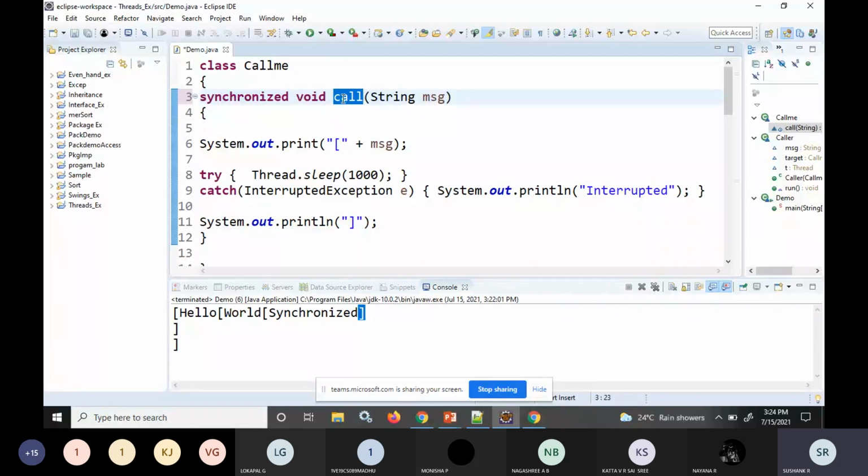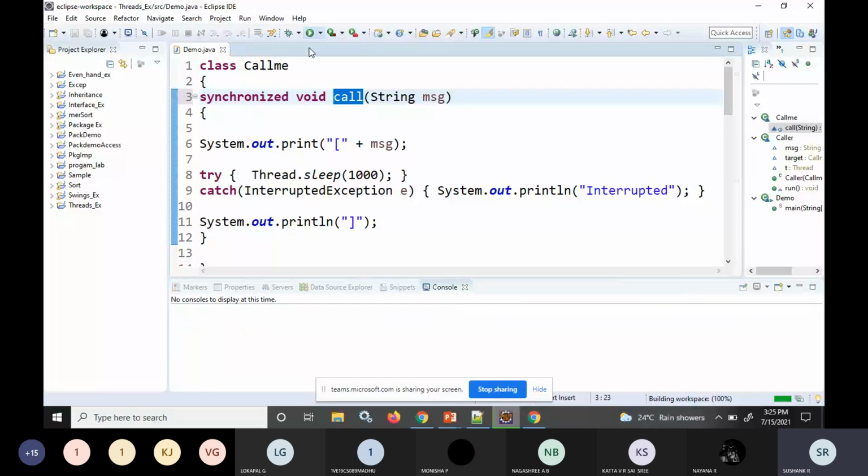Once thread 1 has completed its task, thread 2 can access. Once thread 2 has completed its task, thread 3 can access. So this is how you can solve this problem. We had created three threads, and they were competing for this synchronized call method. Now, by using the synchronized keyword, first thread T1 can call this method and complete its task, then thread 2 can call this call function and complete its task, and then thread 3. See the difference. By making this change, see the output. Now the output will be different.